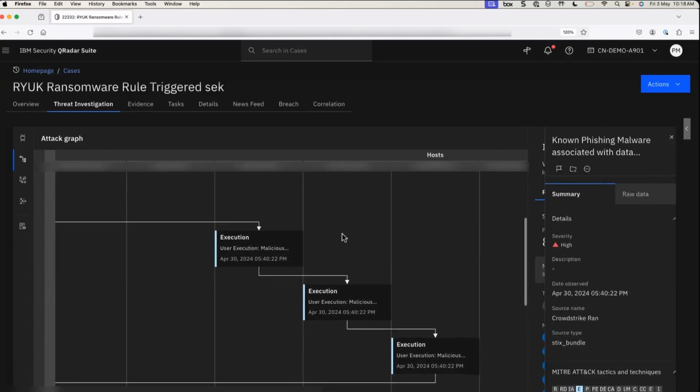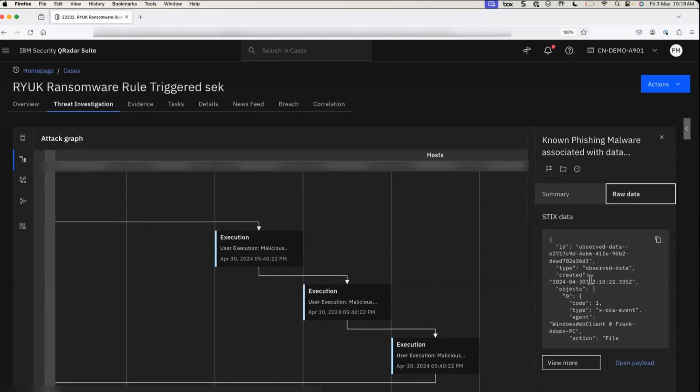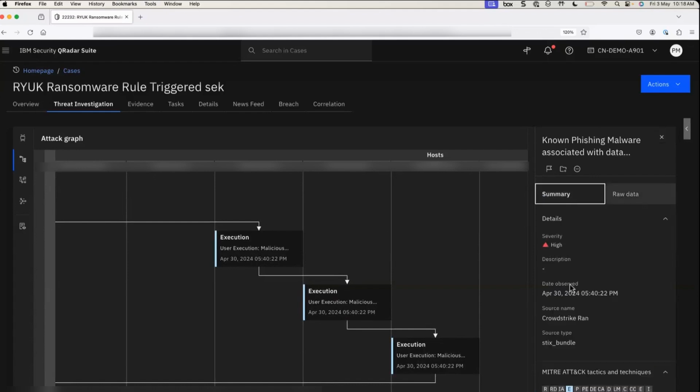So if you click on the execution part, it gives you non-phishing malware associated with this raw data. This will be coming from different data sources that have been attached. Okay, so if you have added artifacts, let's say you have 10 or 20 different security solutions lying around, right? From a single solution, it is nearly impossible to search for that IOC across those 20 different security solutions, but UAX does that